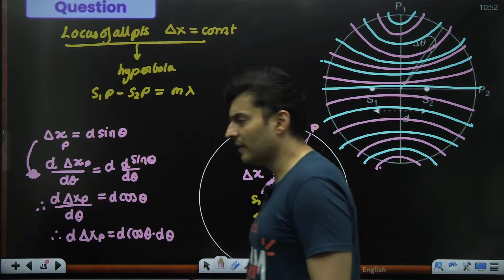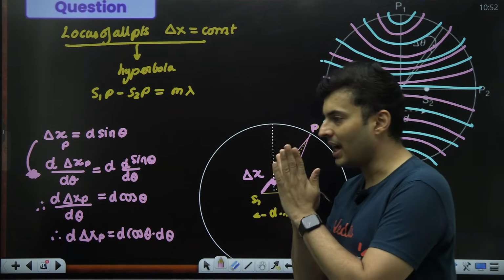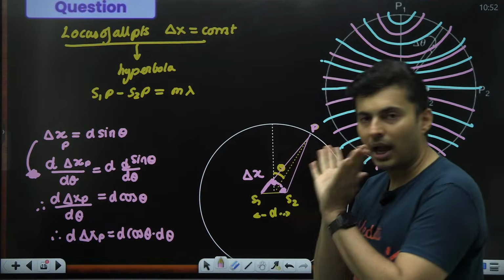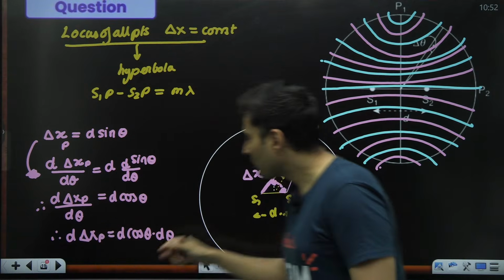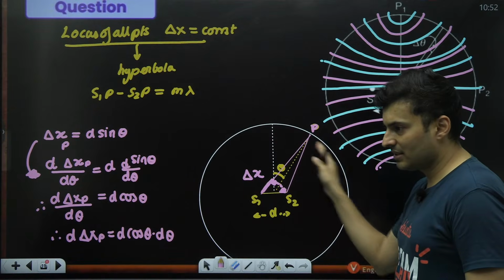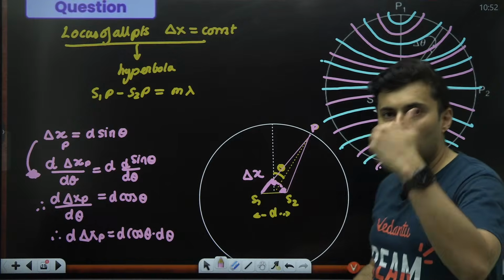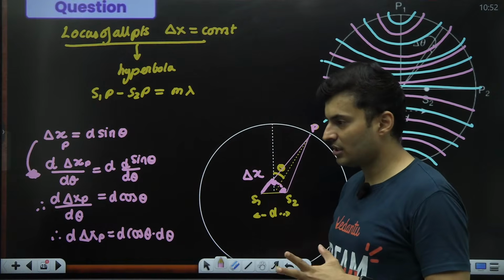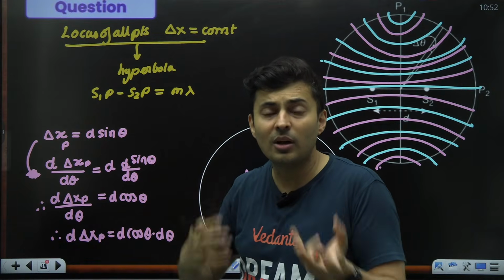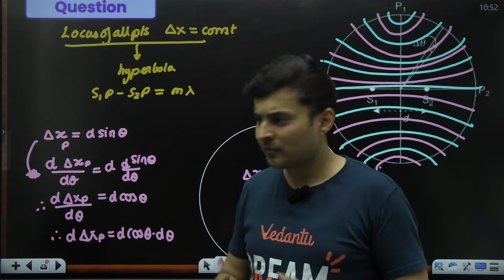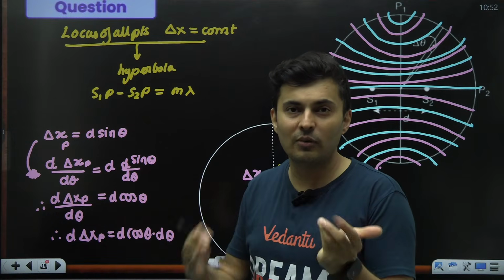D theta over here gives me the separation, angular fringe width, or the angle between two fringes, angular fringe width. Okay. This particular thing, the path difference from one fringe bright to the next fringe will always be lambda. If you are considering consecutive fringes,